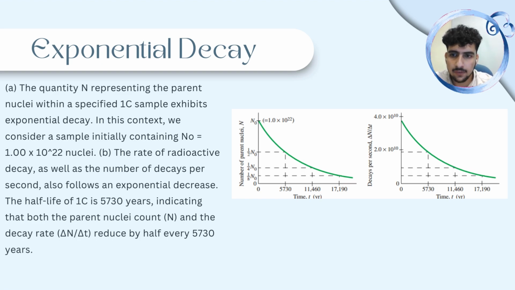And the half-life of carbon-14 is 5,730 years, indicating both the parent nuclei count N and the decay rate, which is the difference of nuclei divided by the difference of time, are reduced by half every